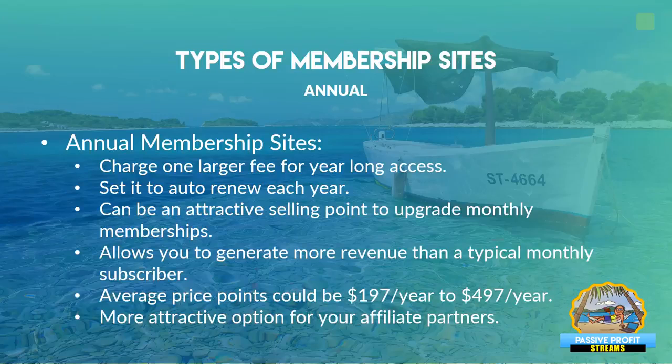So really, this is just economies of scale. If you have a customer that's willing to pay $49.99 a month, and all of a sudden you're able to offer them the entire year for $4.97 and save them potentially 20% or whatever that would work out to be, the value is to the customer. You're still offering great content. You get a committed customer, and it works out well for everybody involved.